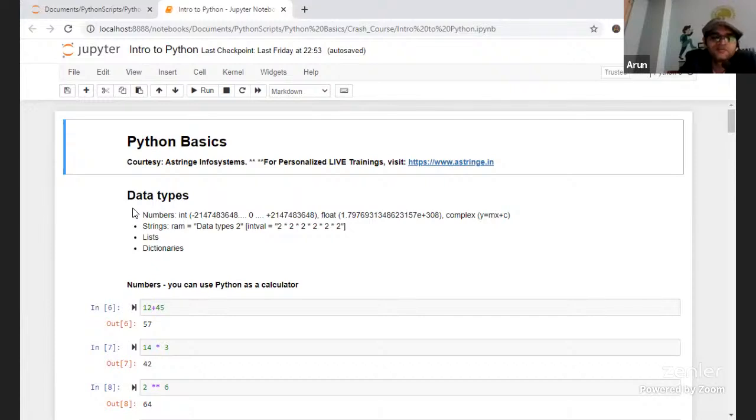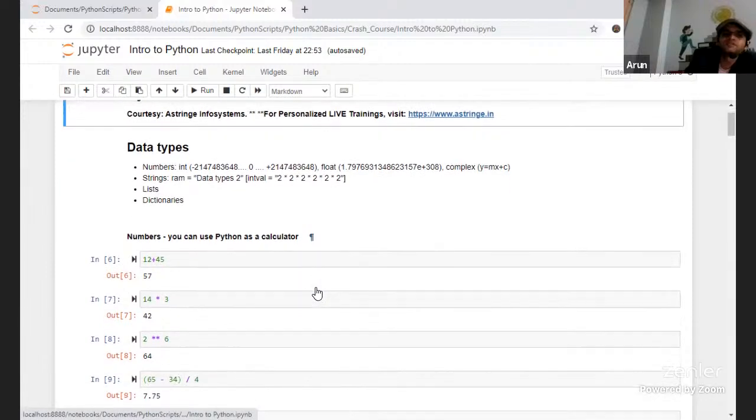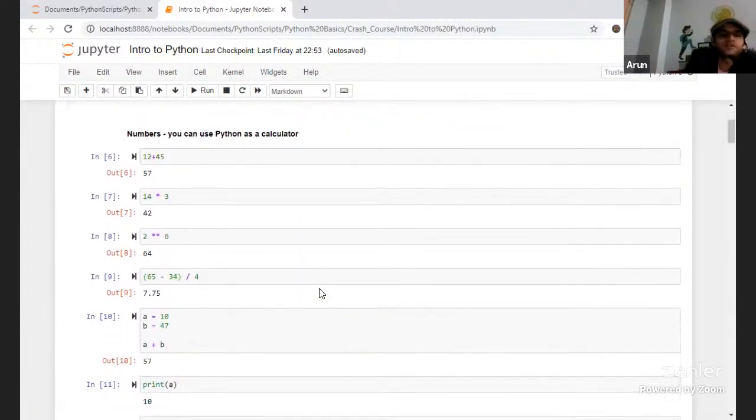Okay, so we will start with numbers. As I said earlier, you can have an integer or a floating point number, and you can do quite a lot of mathematical operations on top of it.